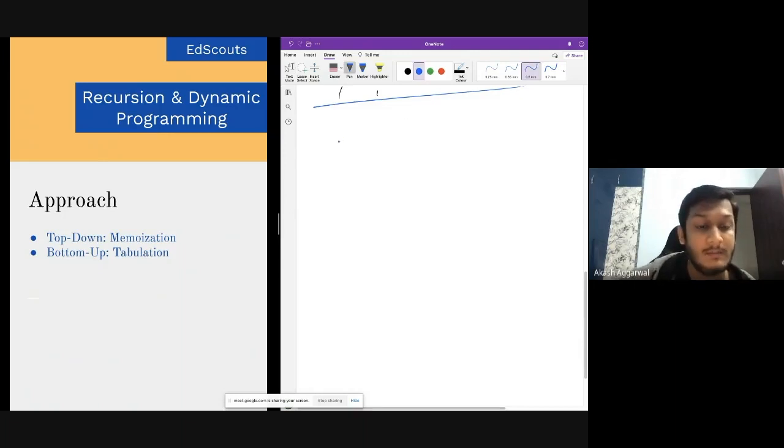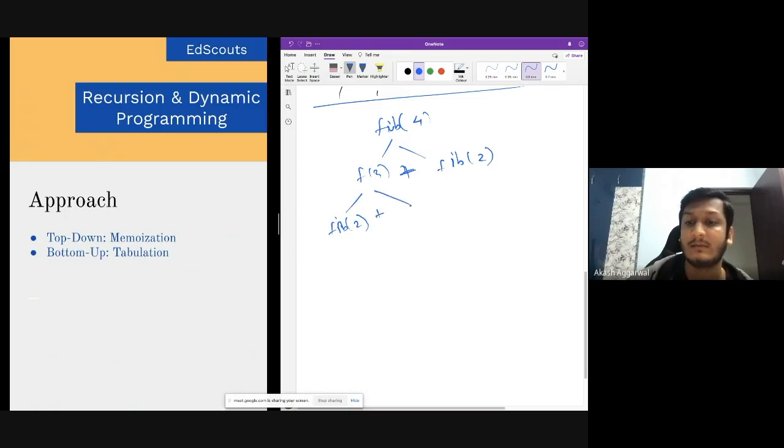So top-down memoization. In this, what we are doing is we are starting from the bigger value. Okay. So let's take the Fibonacci example only, Fibonacci of 4. So Fibonacci of 3 plus Fibonacci of 2, then Fibonacci of 2 plus Fibonacci of 1.